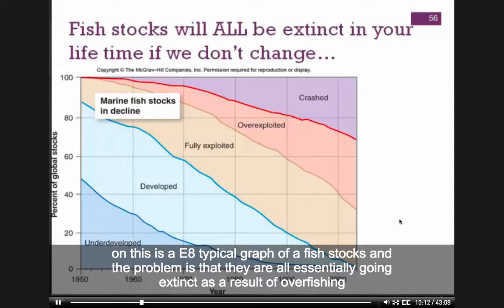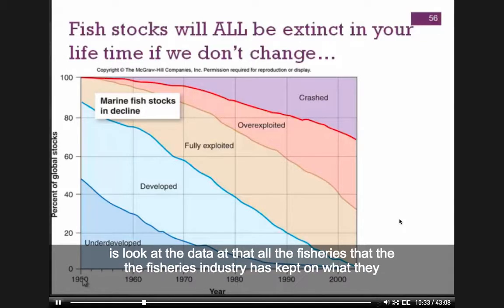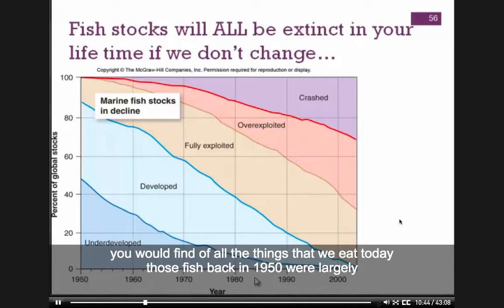This is a typical graph of fish stocks, and the problem is that they are all essentially going extinct as a result of overfishing. Let me explain this graph to you because it says a lot. If you go back to 1950 and look at the catch data from that point, that is, the data the fisheries industry has kept on what they caught, how much of it they caught by tonnage, and all of that, you would find that of all the things that we eat